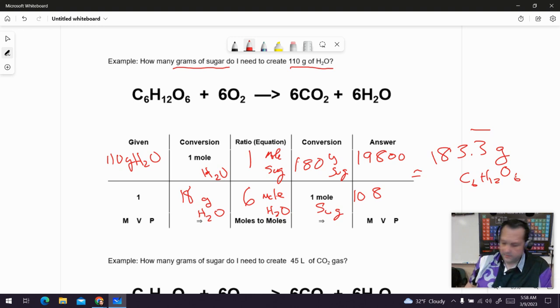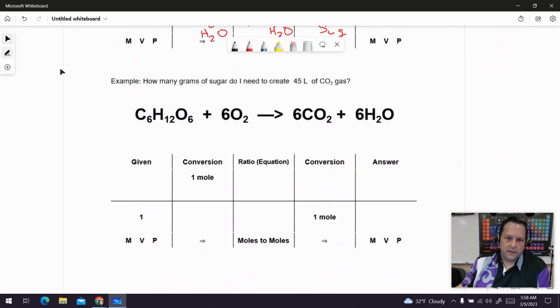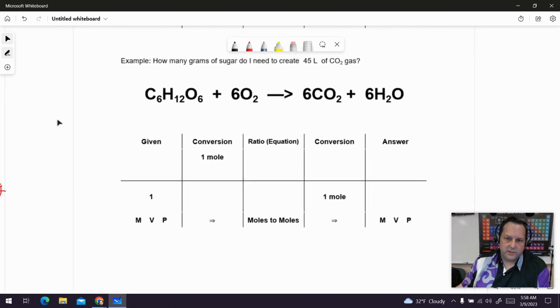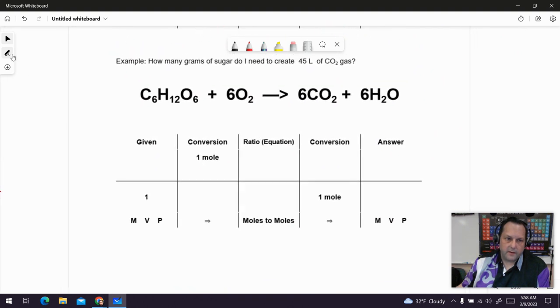Okay, that's how you do that one. Let's do one more. I'm going to pull this down. I'll do the last example with you just in case. So, all right. In this one, how many grams of sugar do I need to create 45 liters of CO2